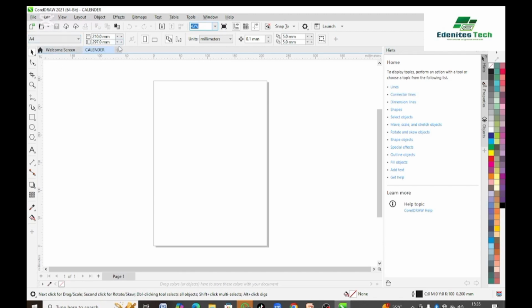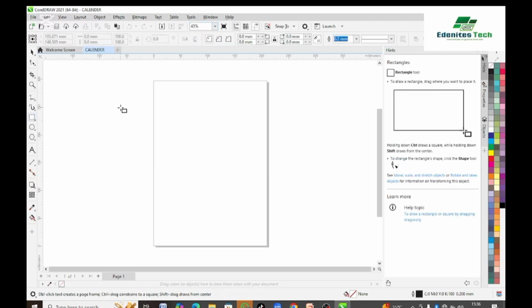Okay, the next one under it you have what we call the property bar. Now the property bar displays the properties of the document you are currently working with, or the properties of the design you are currently making. Get me right? So now, for instance, when I invite a particular tool, which is the rectangle tool, once I make a drawing of this, just be looking at the property bar, you will see the height and width of this particular rectangle